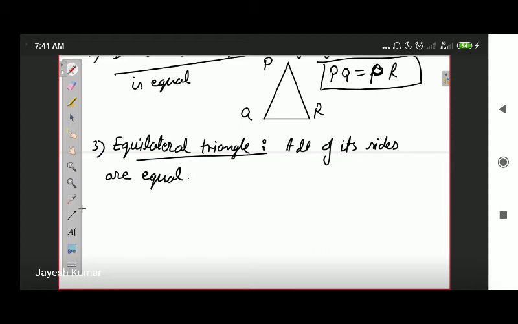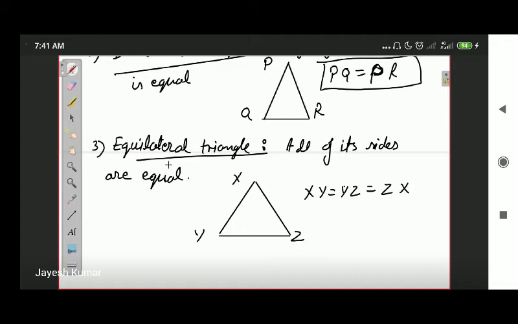One more thing about an equilateral triangle. All the interior angles of an equilateral triangle are 60 degrees. So there are two things that we need to remember about an equilateral triangle. All the interior angles are equal, and the sum of the angles is 180 degrees. In this triangle, length XY is equal to length YZ is equal to length ZX.